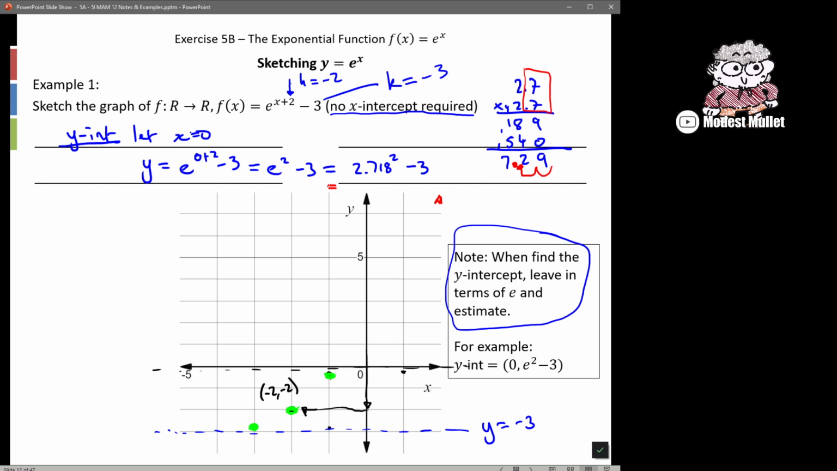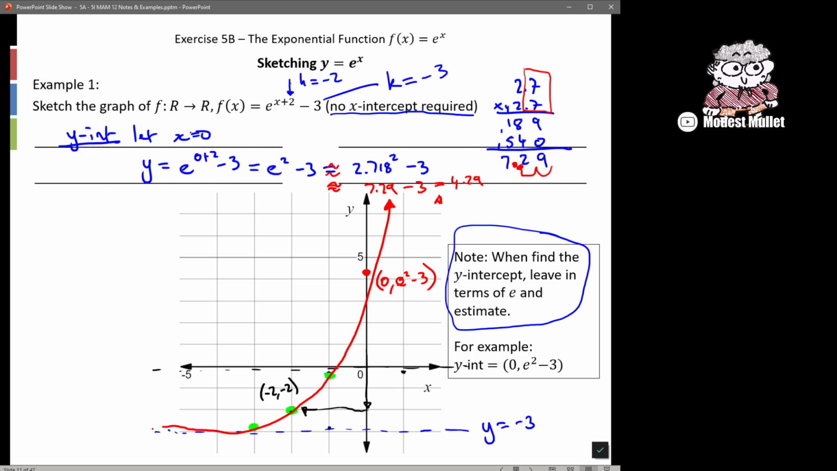So this is roughly equal to 7.29, take away 3, it's roughly equal to 4.29. So we can put in a final point there, which we wouldn't label as 4.29, we'll label as e squared minus 3, what it actually is. So we have all our points. We can now